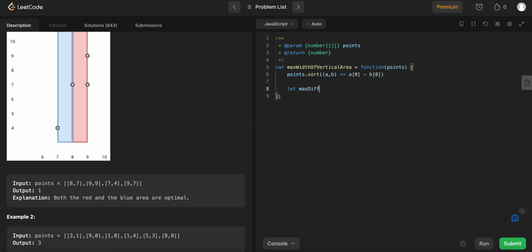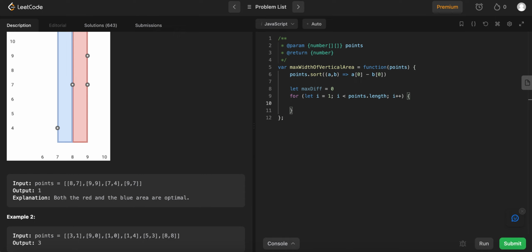Then I'm going to create a variable called maxDiff, set that equal to 0. Next we're going to iterate through our array, and I'm going to start at 1. I'll show you why in just a second. I less than points dot length, I plus plus. Okay, and then what we want to do is we want to set our max diff value here equal to